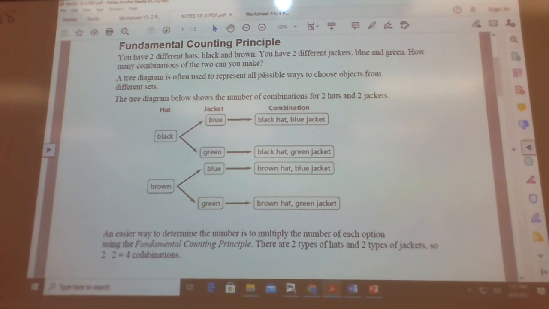So on this, if I've got two different colored hats and I have two different colored jackets, I want to figure out the different ways I can